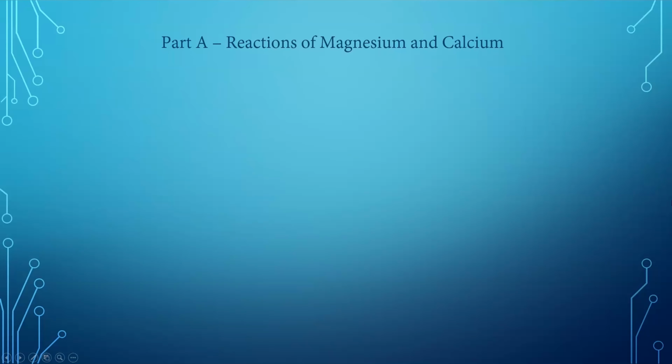In part A of today's experiment, we're going to be looking at reactions of magnesium and calcium metal, and we basically have two goals. Number one, we want to determine which of those two elements is more reactive, and number two, we want to prepare a compound of each, magnesium and calcium, that we can use in part B of the experiment. So our first reaction will be magnesium and hydrochloric acid, which is going to make magnesium chloride and